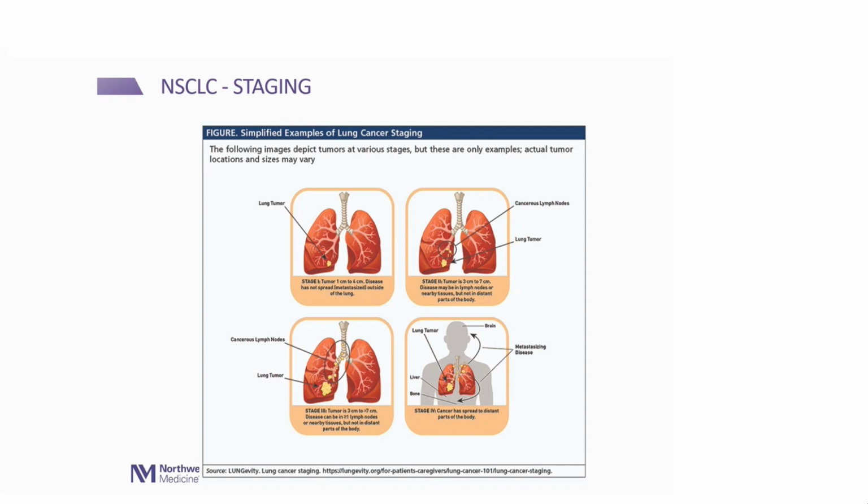Stages 2 and 3 for lung cancer mean that the cancer has spread outside the lung and moved to the lymph glands. Now, lymph glands are basically, if you had a cold or a sore throat, you probably felt swollen glands in your neck. Those are lymph glands. We call them lymph nodes. We have lymph nodes in different parts of our body: the neck, armpits, and groin. You can feel those. We also have them in our chest, and around the stomach, in the abdomen. You can't feel those, but you can see them on scans. And lymph nodes are important because that's how cancer travels from one part of the body to other areas.